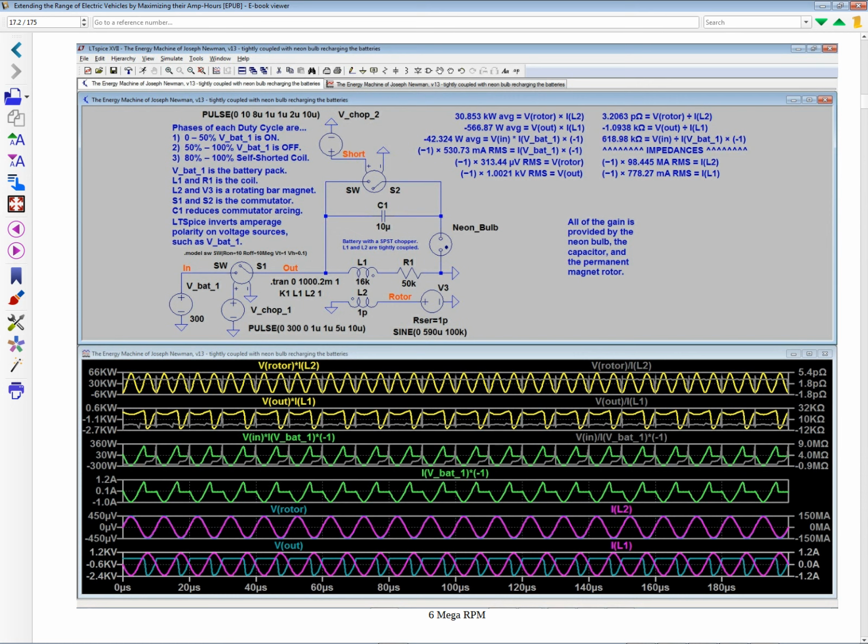No, the massive coil has 1,000 ohms of impedance. Yeah, that's it. The rotor has a mere 3 picoohms of impedance, and the battery pack has impedance of 620 kiloohms. But where's the voltage on the... God, I don't seem to have it here. I just have wattage. Oh well, I guess I never wrote out the volts. I wrote the amps. Yeah, we got about